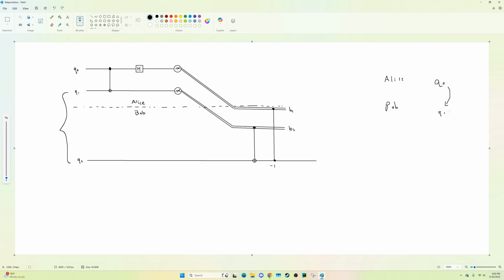For Alice to be able to send this, Alice needs to devise some kind of schema, because Alice cannot directly read the information from Q0 and transfer it into Q1. If she measures it, the qubit information collapses, and she cannot clone it because of the no cloning theorem. So if she wants to send Q0's information to Q1, she has to figure out a way to do that, and Q0's qubit has to be destroyed before Q1 gets the information as well. So it's quite a tricky challenge. But